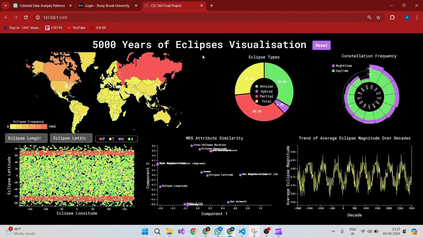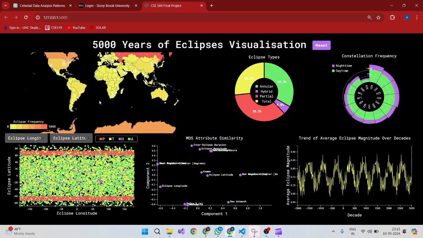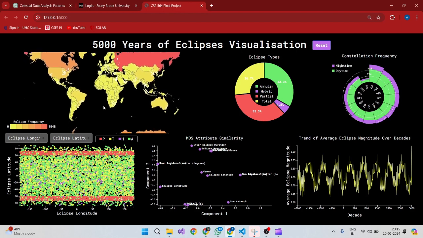For the CSE564 Final Project, we are doing 5,000 years of solar eclipses visualization. The sun, the moon, and the earth are constantly involved in a celestial dance. These movements throughout years show various trends, both in the geospatial as well as the temporal domains. Through this project, we aim to answer questions such as, do eclipses occur after any periodic intervals, or are certain types of places on Earth more susceptible than others to witnessing solar eclipses?